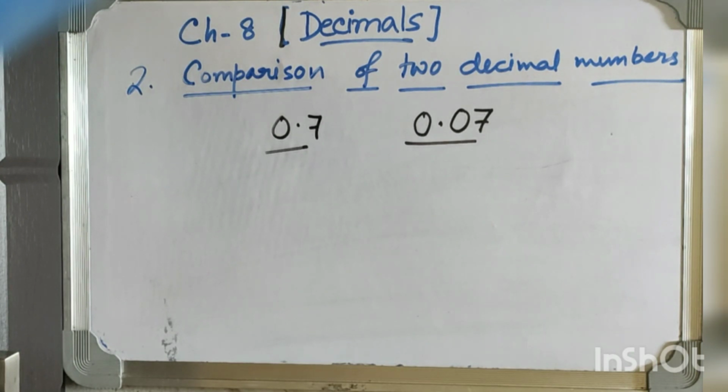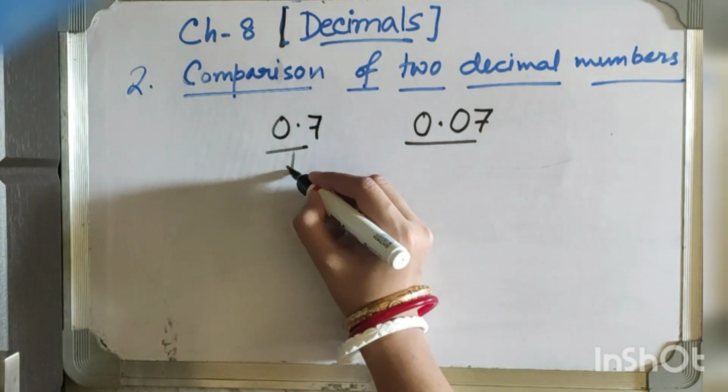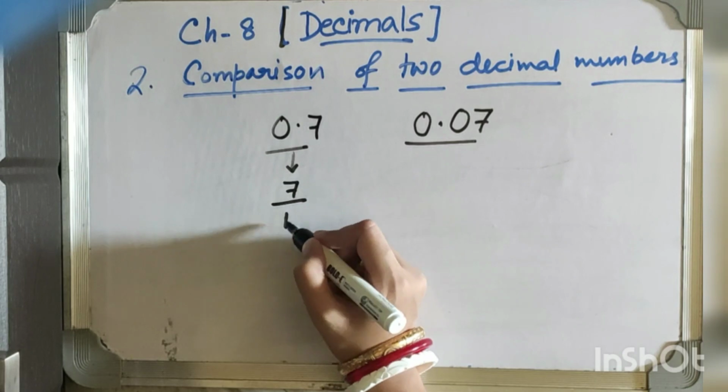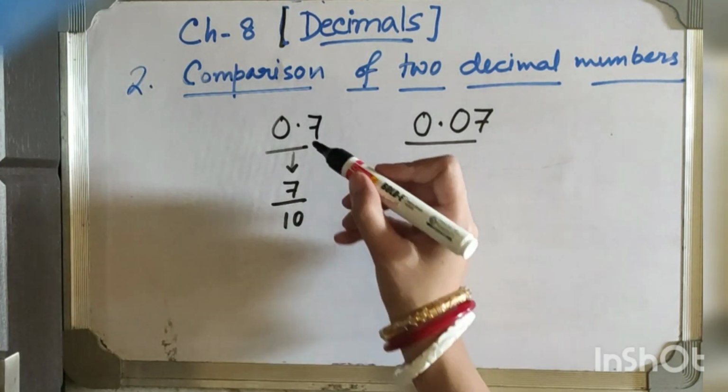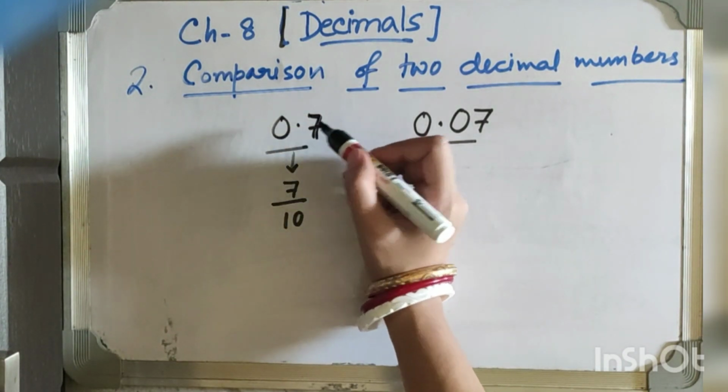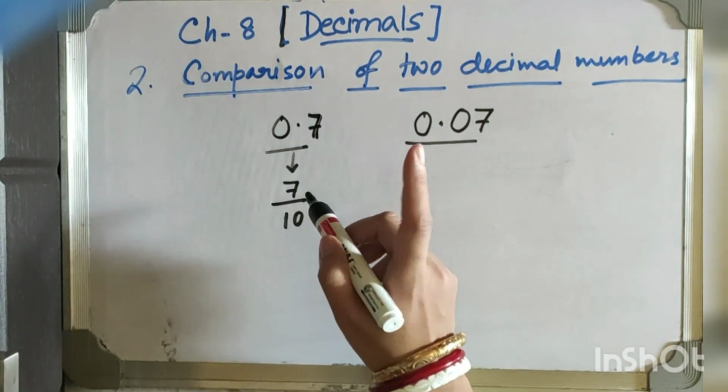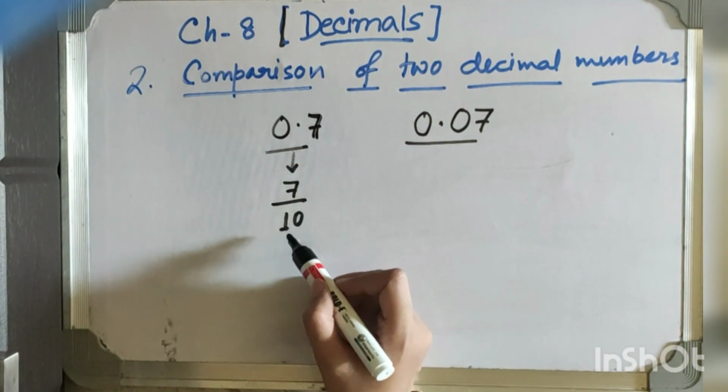Okay, so we have learned in my last video how to convert the decimal number into fraction, or a fraction into decimal number. So if you want, you can convert it to the fraction, because here towards the right hand side of the decimal we are getting 1 place. So we have put 1 0 after 1.